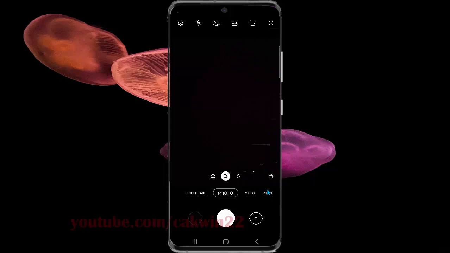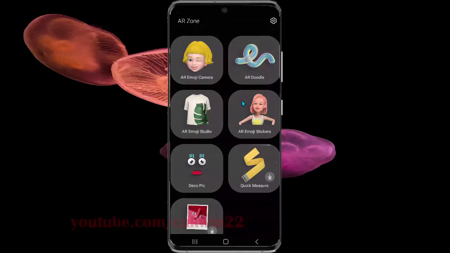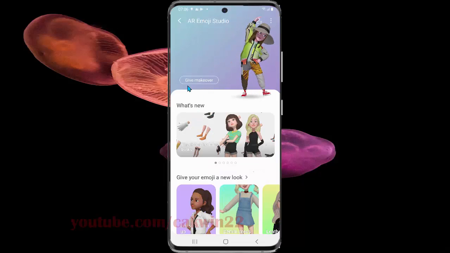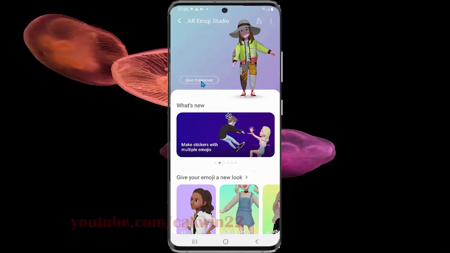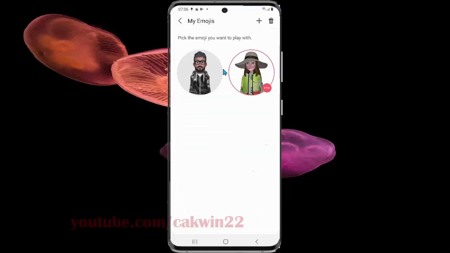Tap More, and then select AR Zone. Select AR Emoji Studio. Tap Give makeover, or if you want to change another emoji, tap the emoji icon, and then select the emoji